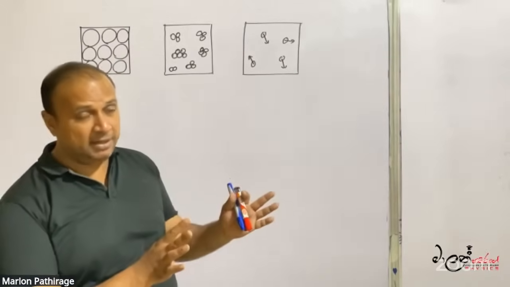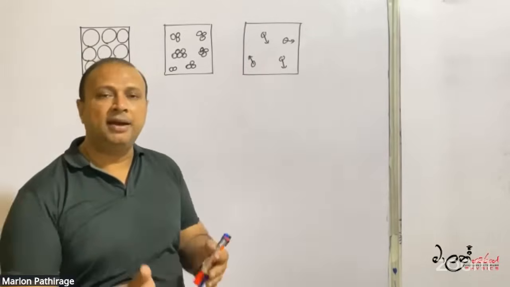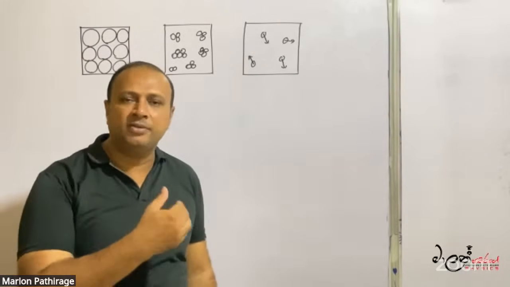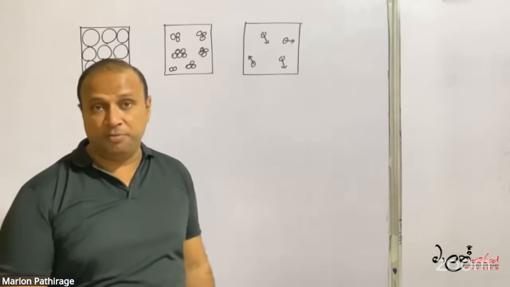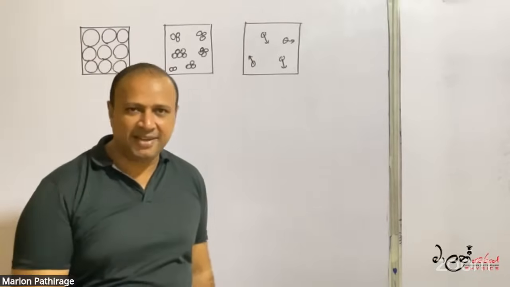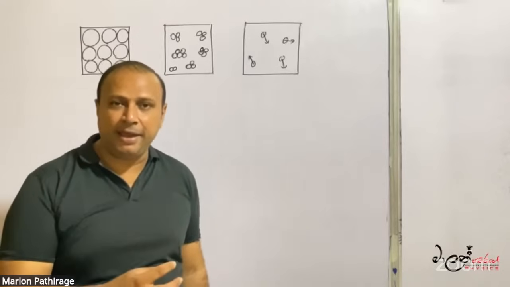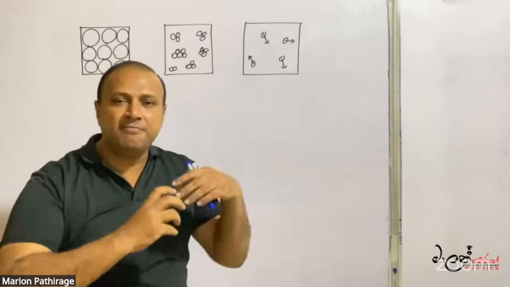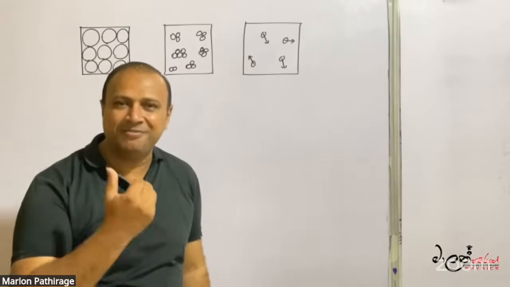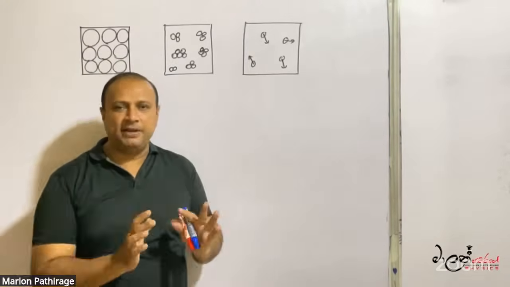Actually, intermolecular bonds of some materials are relatively weaker. So in such cases, those materials can translate as well as vibrate. Sometimes they can rotate. Therefore, in such cases, those particles can have the combined motion. Combined motion means translation plus rotation plus vibration. Therefore, it is a complicated thing, but anyway,